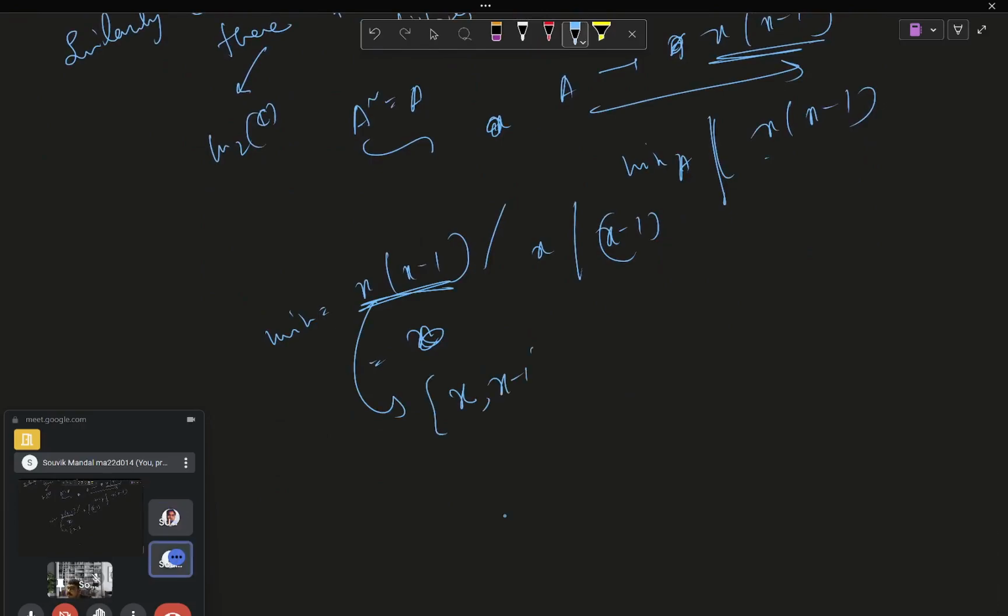Invariant factors are x into x minus 1. If the minimal polynomial is x, then what is the list of the invariant factors? x and x, because an invariant factor will divide the minimal polynomial, and the product of all those factors is equal to the